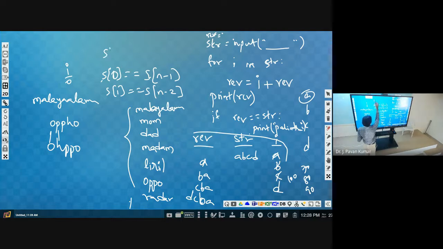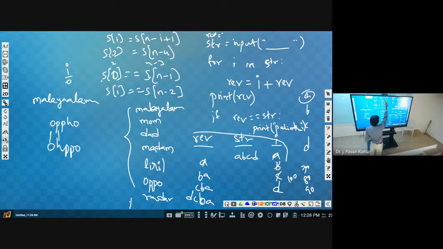S of 2 with n minus 3. S of 3 with n minus 4. S of i with n minus i minus 1, like that.